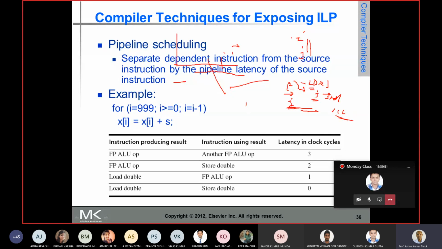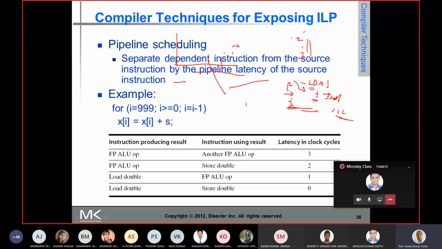What the compiler has to do is figure out which are the dependent instructions and how the instructions can be scheduled such that there will be no stall in the pipeline, or the amount of stall in the pipeline can be reduced.